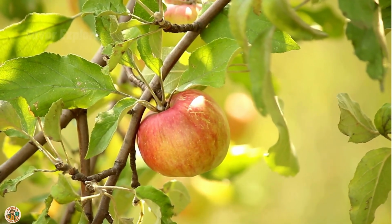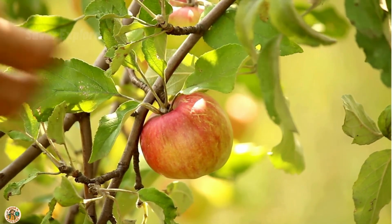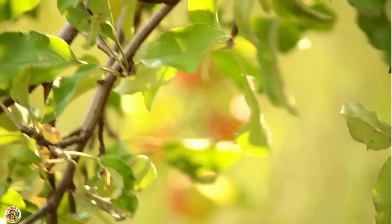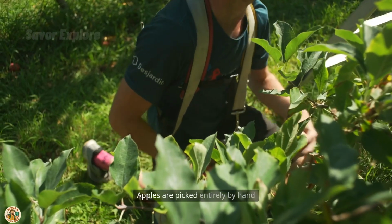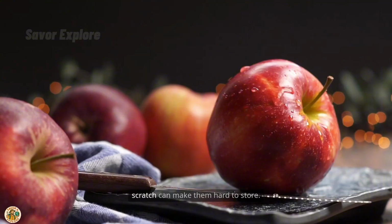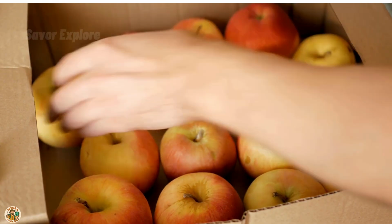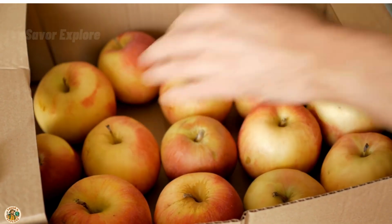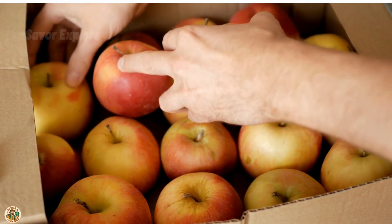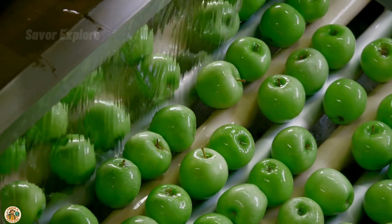Harvesting. The most critical stage. The harvest season usually falls between September and November. Apples are picked entirely by hand to avoid bruising, as even a small scratch can make them hard to store. After picking, apples are sorted in the orchard, Grade A for export, Grade B for juice or jam production, processed